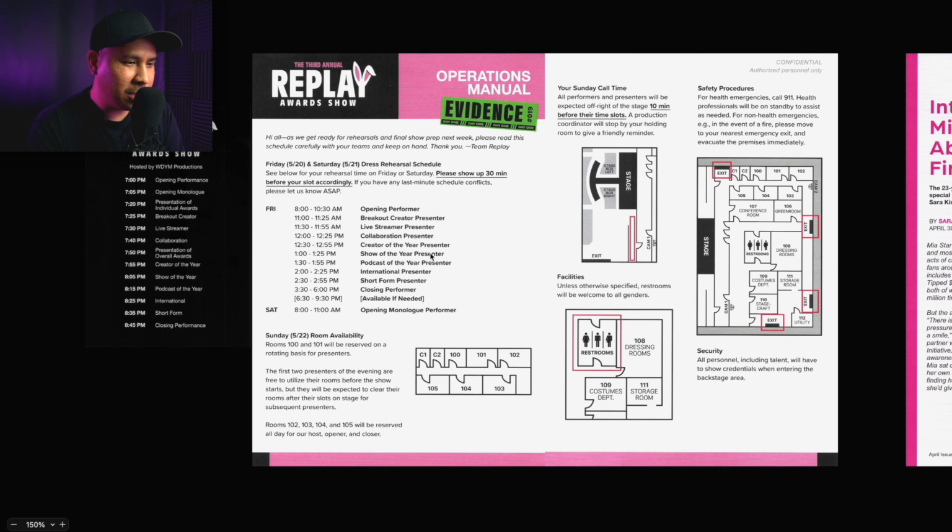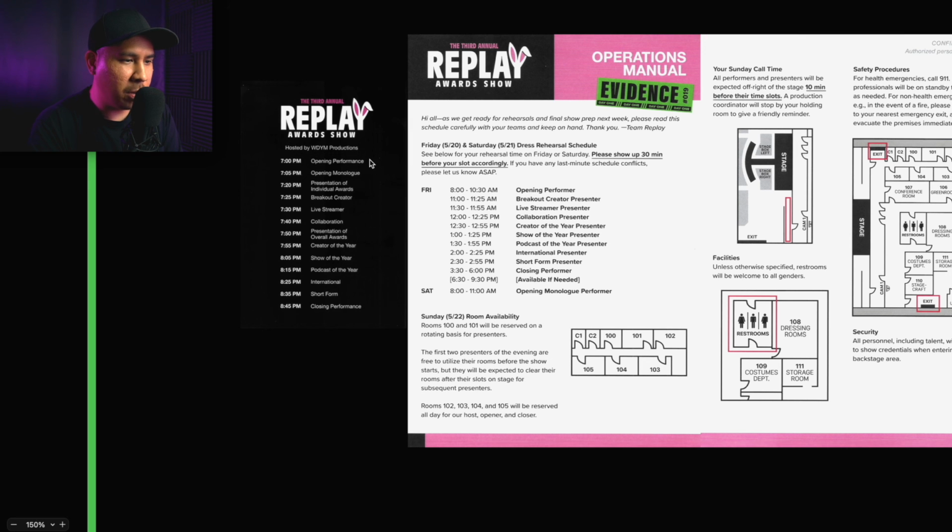Then we have more presenters, closing performer. Is this the closing performance? All the dancers? Does it say here? It doesn't say here. It just says opening performance and closing performance. But they mentioned that the dancer was with Trixie, right? Were they dancing in bunny outfits though? And then she sent the email at 4:30 p.m. on Friday, right? So she can't be talking about this closing performance. It must be the opening performance. I don't know what that tells me either.